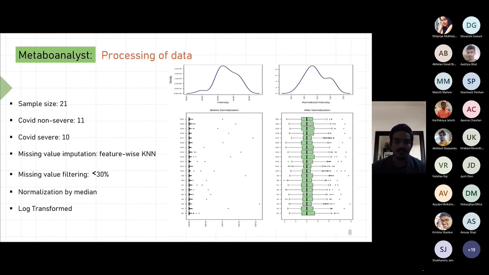I began with the processing of data in MetaboAnalyst, in which we have a total sample size of 21, of which 11 are non-severe and the remaining 10 are COVID severe patients. Then for this, we